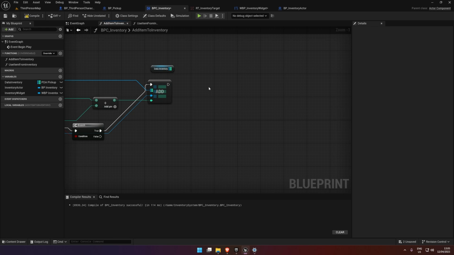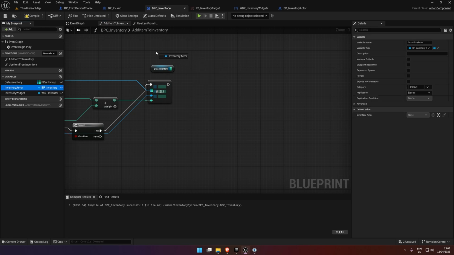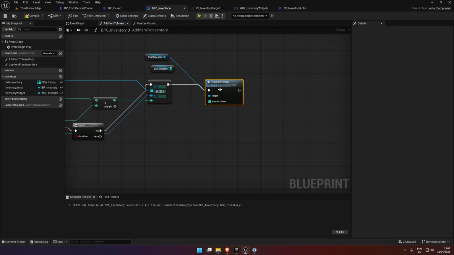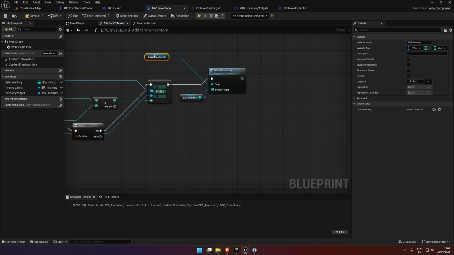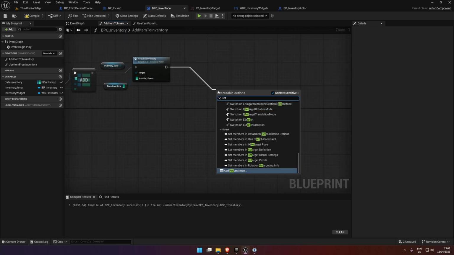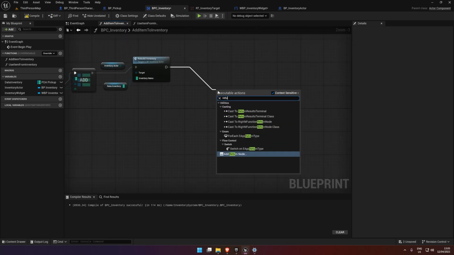Oops, no, sorry. That comes from the inventory actor. Rebuild inventory. So we add that in and put the data in like so. Then we can return. Return